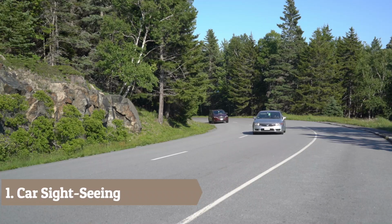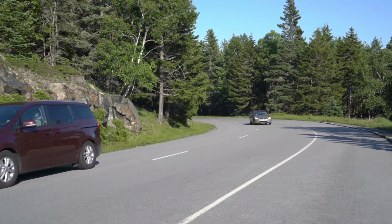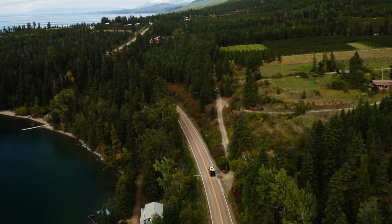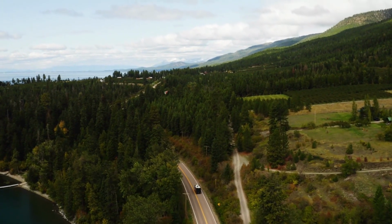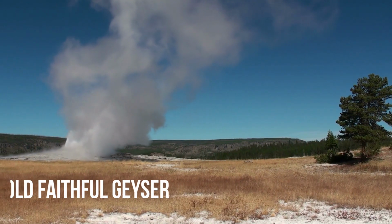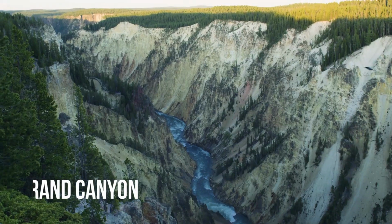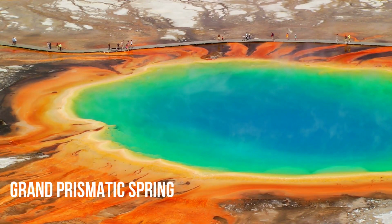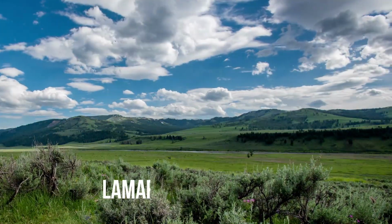1. Drive past it to get a better view. One of the finest ways to view the park is by vehicle, which is now the safest mode of transportation. On the 142 and 96-mile upper and lower loops, respectively, of Yellowstone's 2 circular roads, visitors may see the park's highlights. Among the highlights of the lower loop are the Old Faithful Geyser, the Yellowstone Grand Canyon, Hayden Valley, and the Grand Prismatic Spring. Mammoth Hot Spring Terraces, Obsidian Cliffs, Lamar Valley, and the Norris Geyser Basin are all on